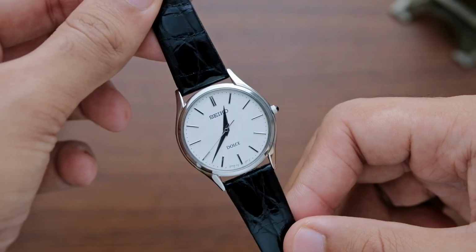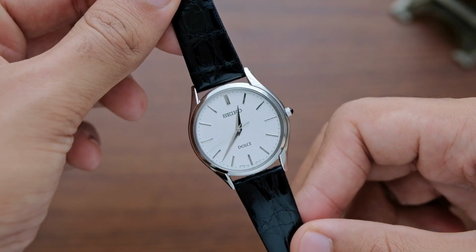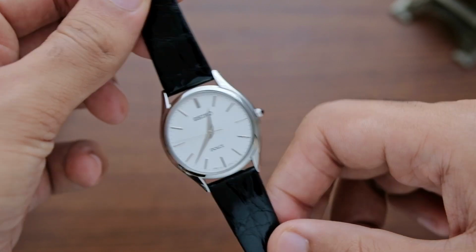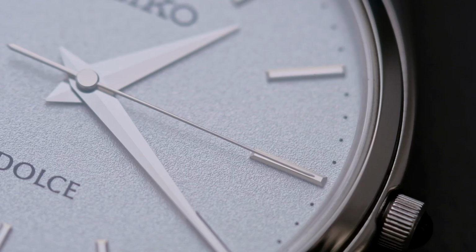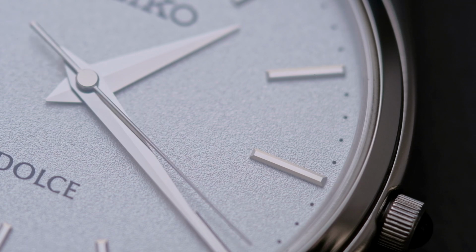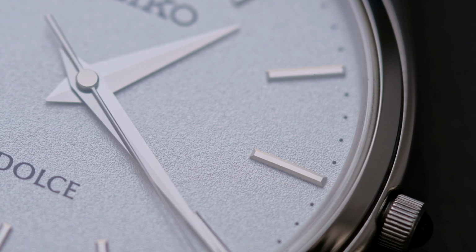Of course, when I say this is the Japanese Calatrava for every man and woman, I don't mean it will rival the quality of a Patek Philippe. Instead, what I mean is this watch will satisfy your craving for a well-proportioned, clean and low-maintenance dress watch with